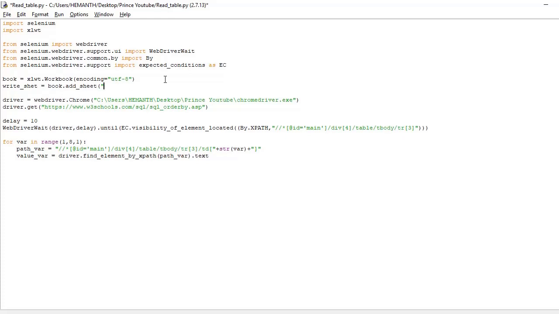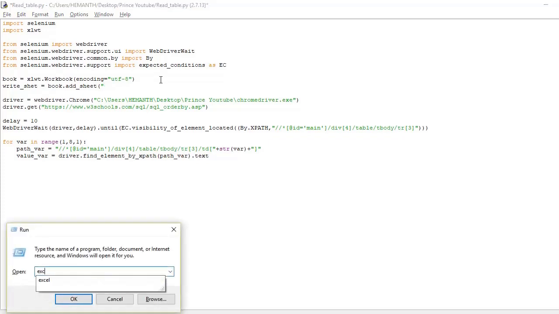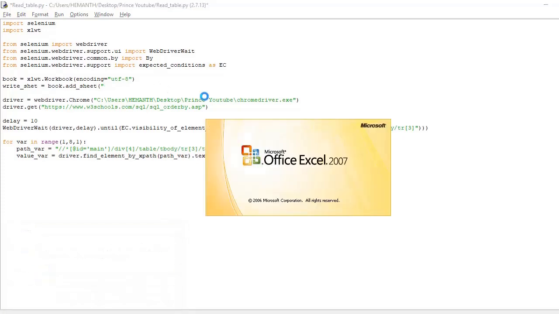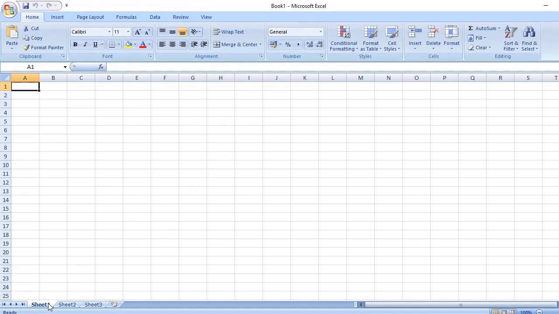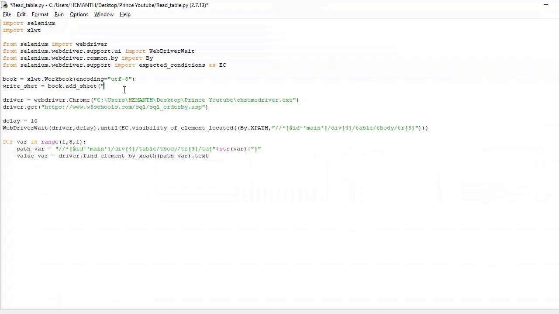So I can just specify whatever the sheet name I want. So basically this is the sheet name we are concerned with. So I can specify output sheet. Okay,